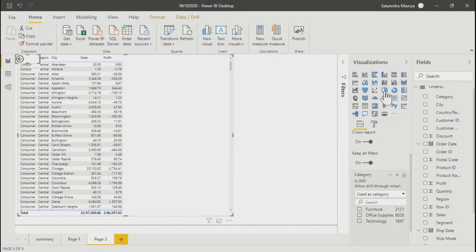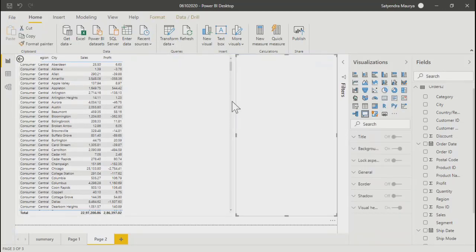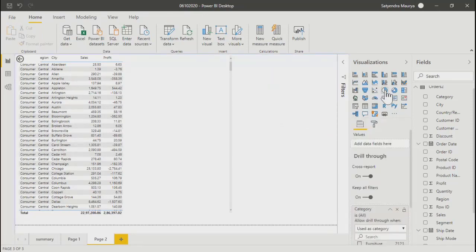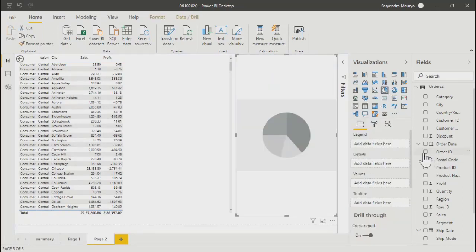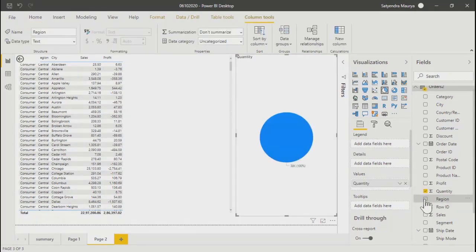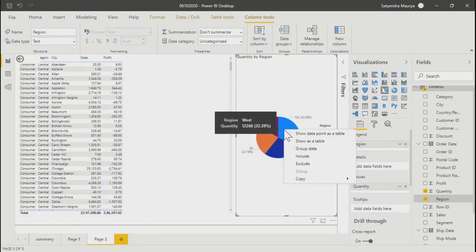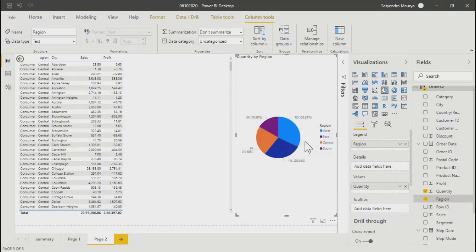Let's say you added one. Let me take one more object called pie chart. If I right click over here, it's going to show me the table once more, the similar table.